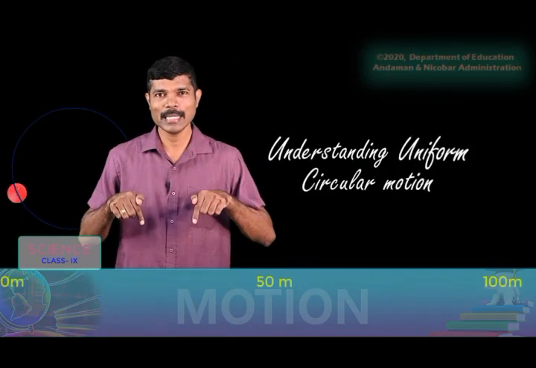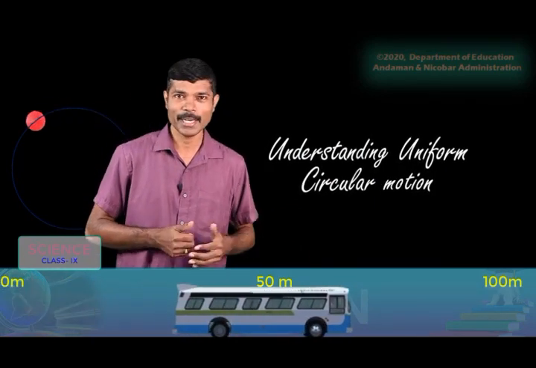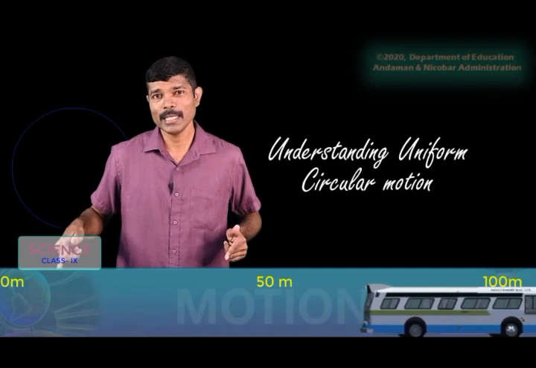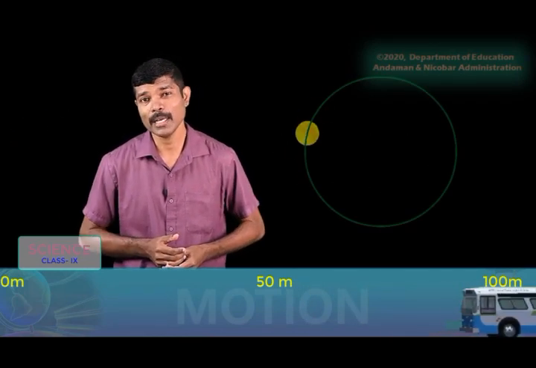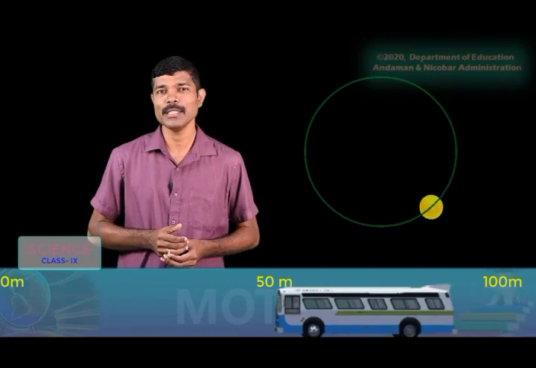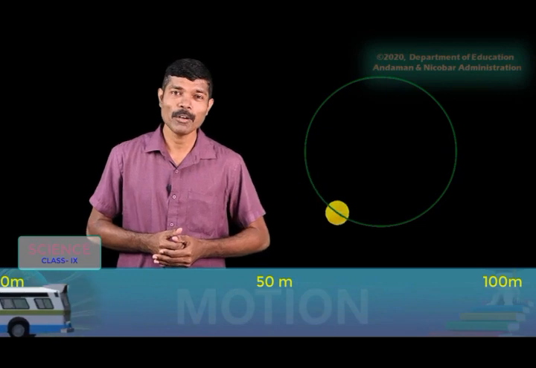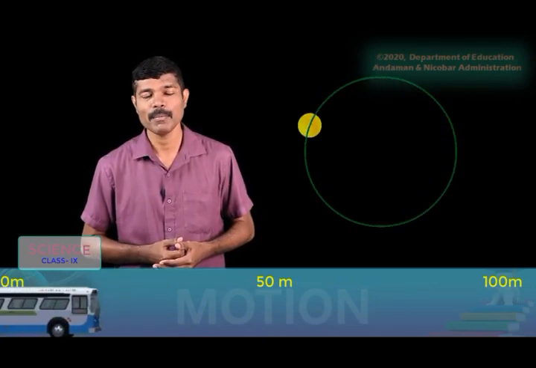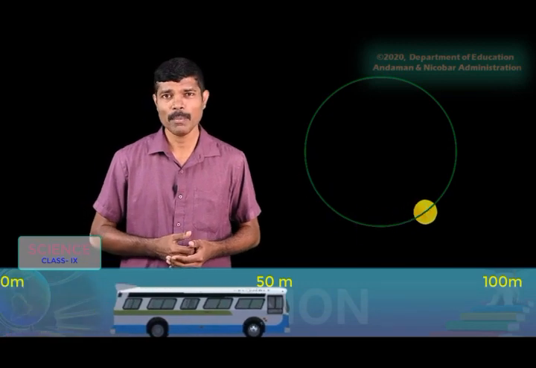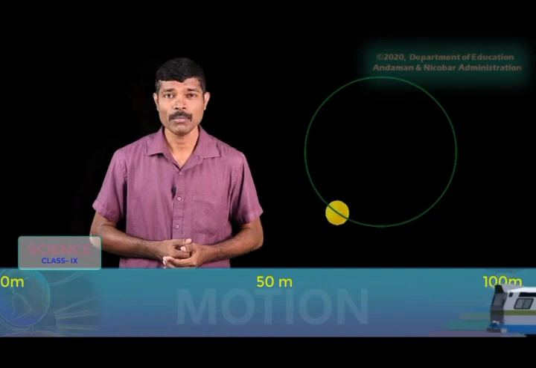Dear children, you can see below an object is moving from this end to this end, right? We assume that the distance covered by the object is 100 meter and the time taken to cover the 100 meter is just 10 seconds. So from this we can find the speed of the object. What will be the speed? Speed is equal to distance travelled by an object divided by time. So by using this formula we can find the speed acquired by the object.